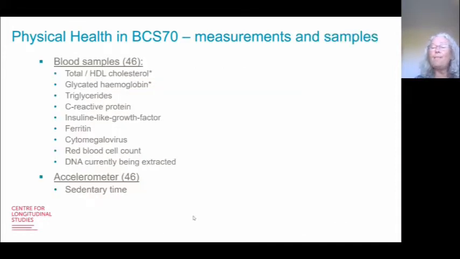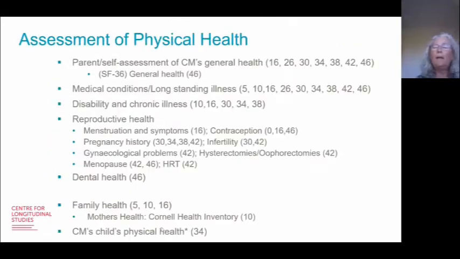At age 46, as I mentioned earlier, it was a biomedical sweep and blood samples were collected by nurses, and a variety of assays and biomarkers are available. I'm not going to read them out because I won't be able to say half of them. The blood samples were also used to extract DNA, which is currently in progress and, as I mentioned, should be available next year. During the same fieldwork, an accelerometer was worn on the thigh, and I'll give you a bit more detail about that later. As well as objective measures, there are parent assessments when the cohort member was a child, and self-assessments